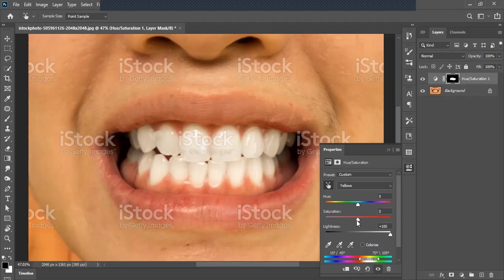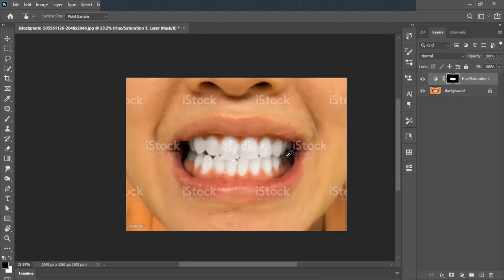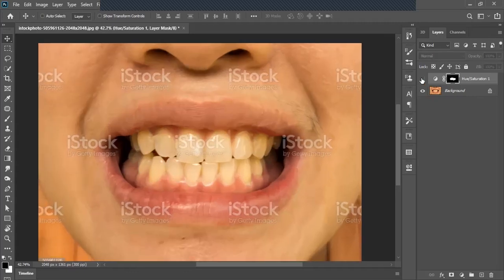And you can further increase the whiteness by removing the saturation. Can you see that? So you increase the lightness of the yellow, and I also removed the color by reducing the saturation. Then you have your white teeth. This is your before, and this is your after. That is how to whiten teeth in a very simple way